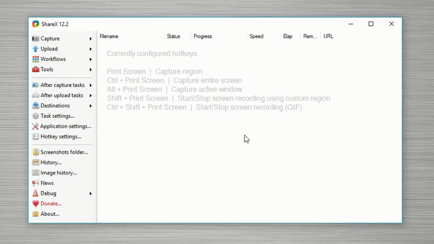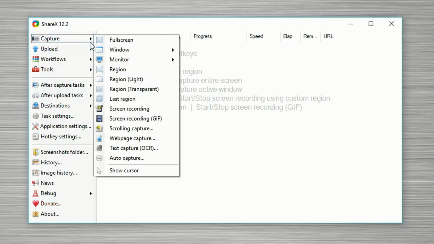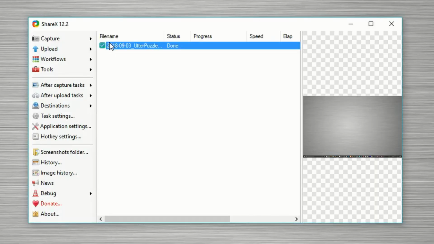So now I'm going to introduce you to the Capture panel. So the first thing in the capture panel is the full screen. Now the full screen capture is going to take a picture of the whole entire screen. And right here we see our whole entire screen